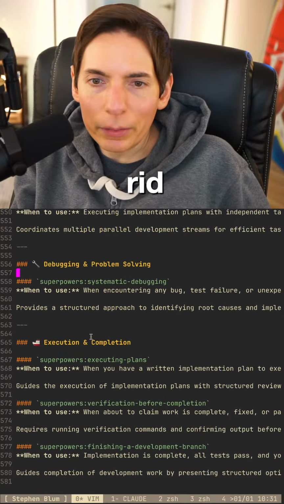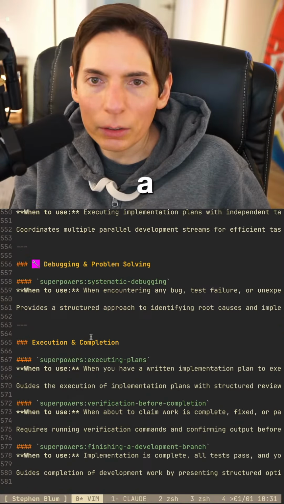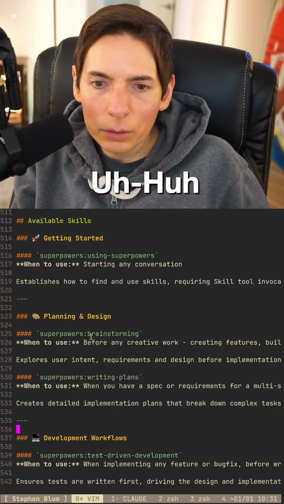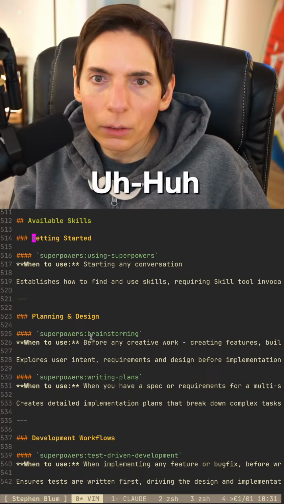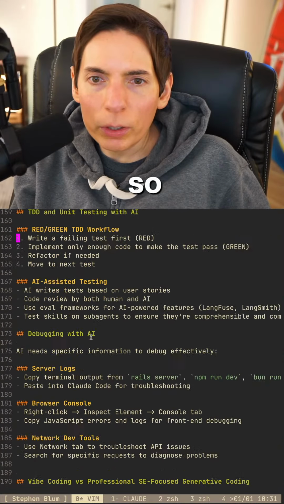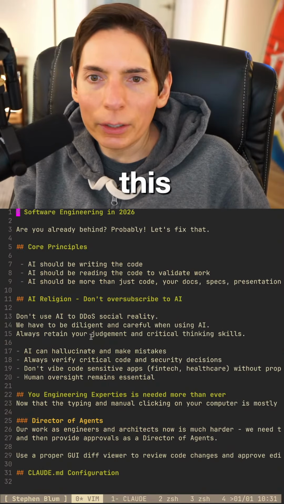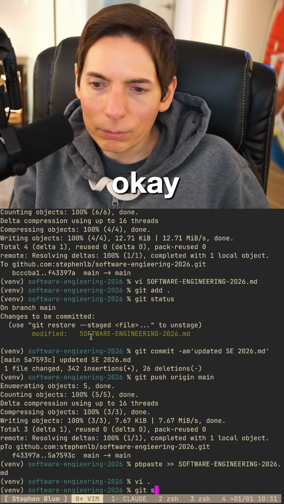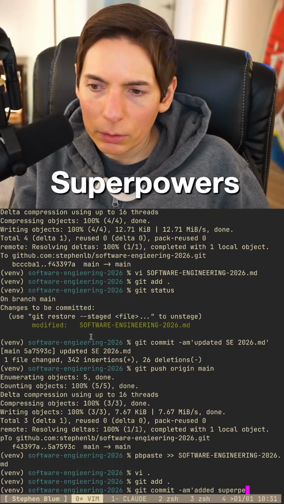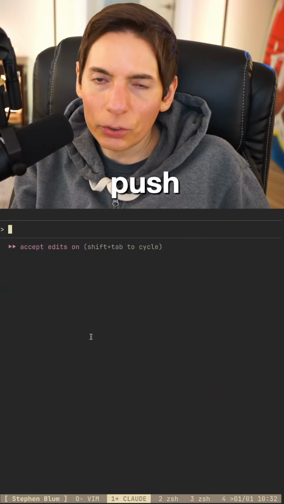We're getting rid of the emojis here. All right, so let's refactor this and fill in any missing details. Git commit -am, added superpowers. Okay, push.